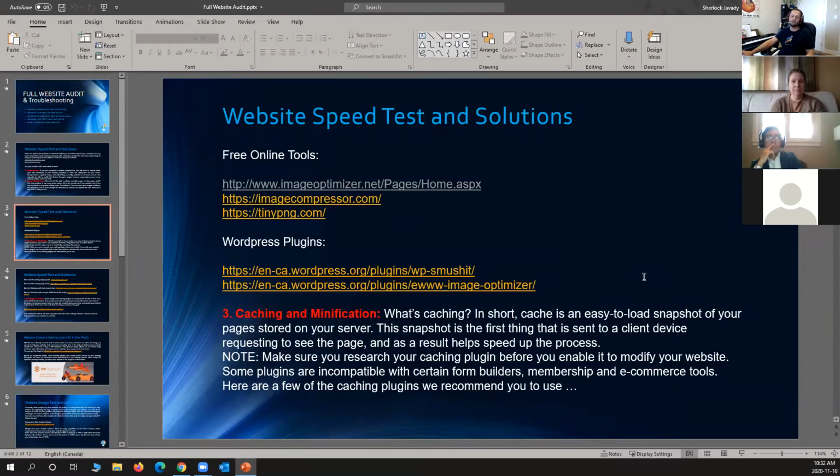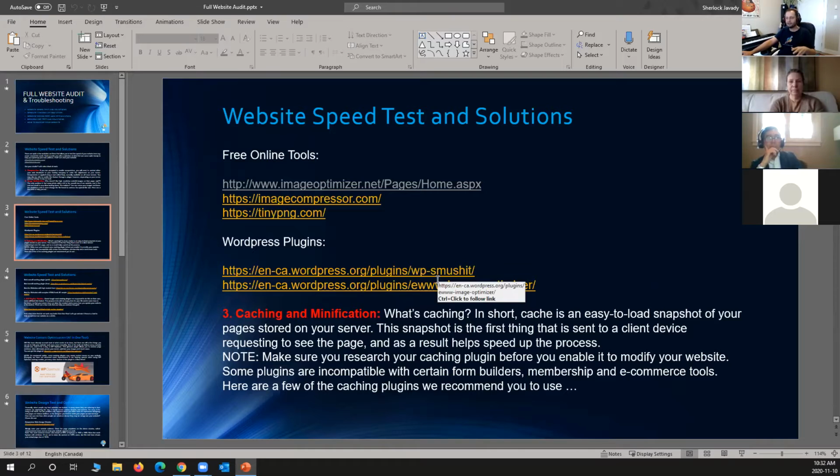When you sign up first, you actually have to sign up, but they give you an API key for one website up to 500 images, I think, and this one is for free. And then if you want to do more, you have to buy it. Also, WP Smush, that's actually very good too. So you can feel free to go ahead and search.